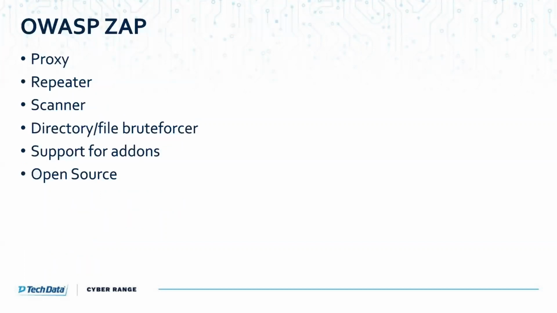So now let's talk about OWASP ZAP. OWASP ZAP, like I mentioned before, is an open source community-based web application proxy, very similar to Burp. It's available to you on OWASP's website and provides a variety of tools. It provides that proxy. It provides a repeater. So a repeater can be used to do the same request or a similar request with differences over and over